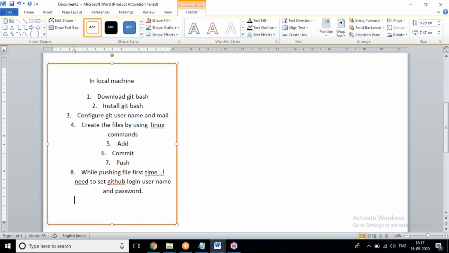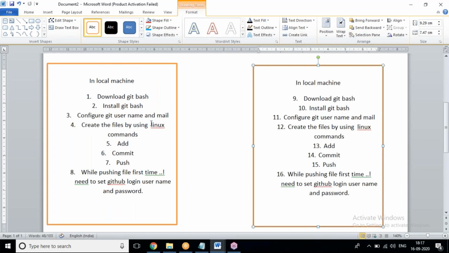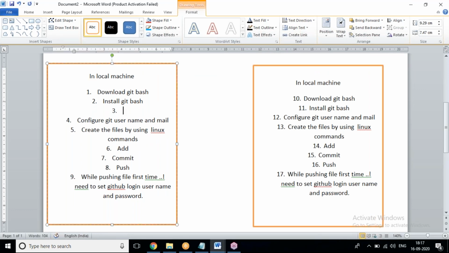These are the steps in the local machine. Next one, repository configure is the third one. Clone the repository.